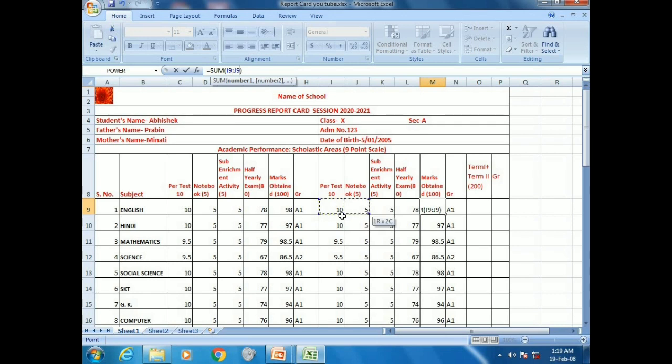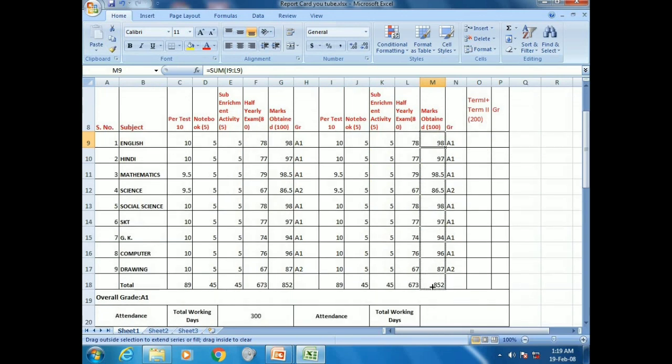You can also write formula to get marks for 200. Here we can write is equal to G9 plus M9, because the 100 marks of first term is in G column and 9th row, and 100 marks of second term exam is in M column and 9th row.